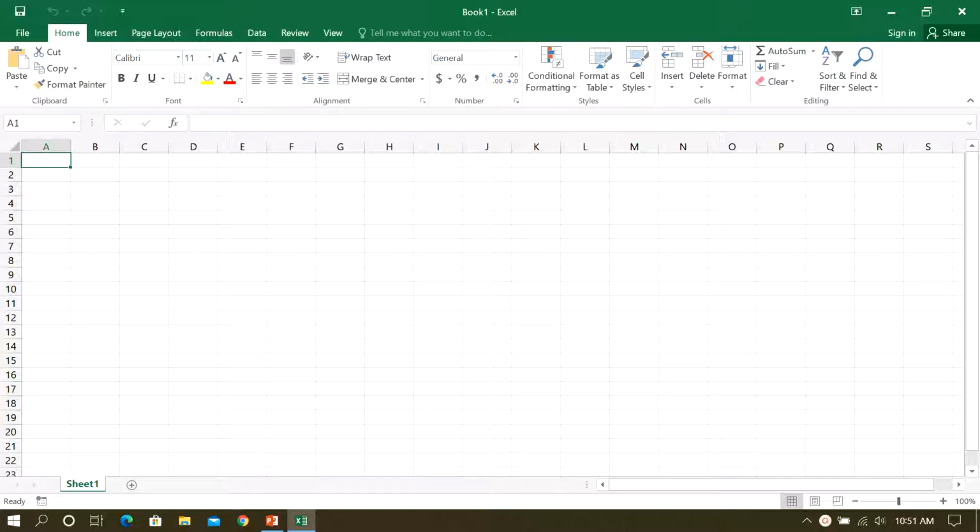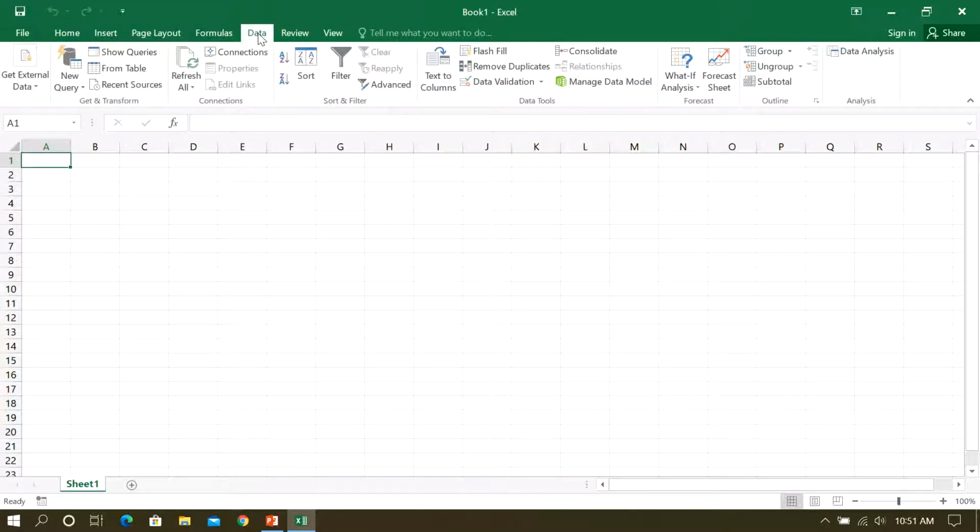So our purpose for today is to understand how to do descriptive statistics in Excel. So what we will do, we will go and see this File option, these all in the menu bar. You can go to the Data menu, and in the Data menu, you will find it.